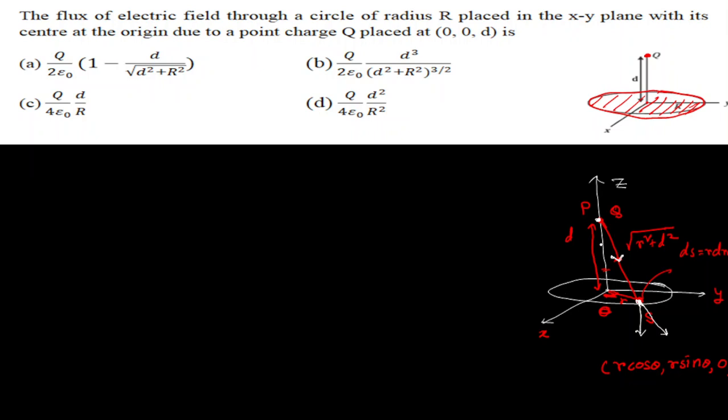Okay. Now let me write this angle, let's say alpha. If this angle is alpha, then this angle will also be alpha. So this is the angle at point S between the electric field and the area vector. Now let me write the flux through the elementary area ds on the circular loop, or simply write this way: the electric flux